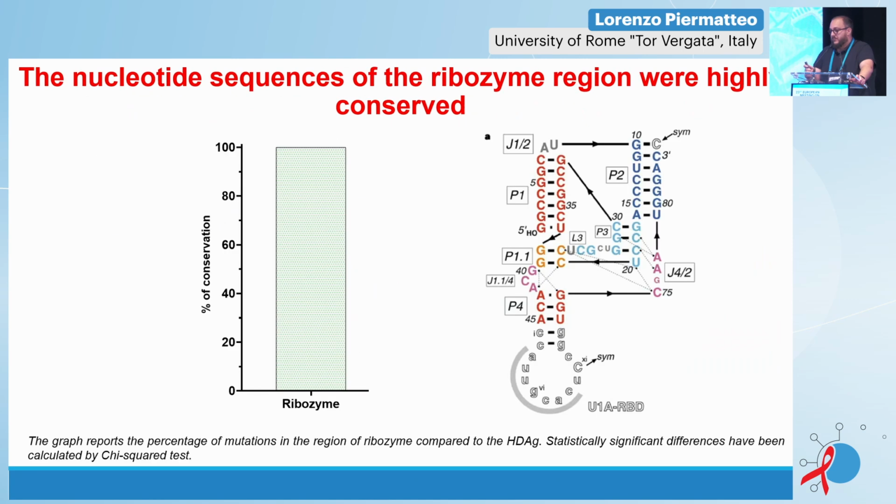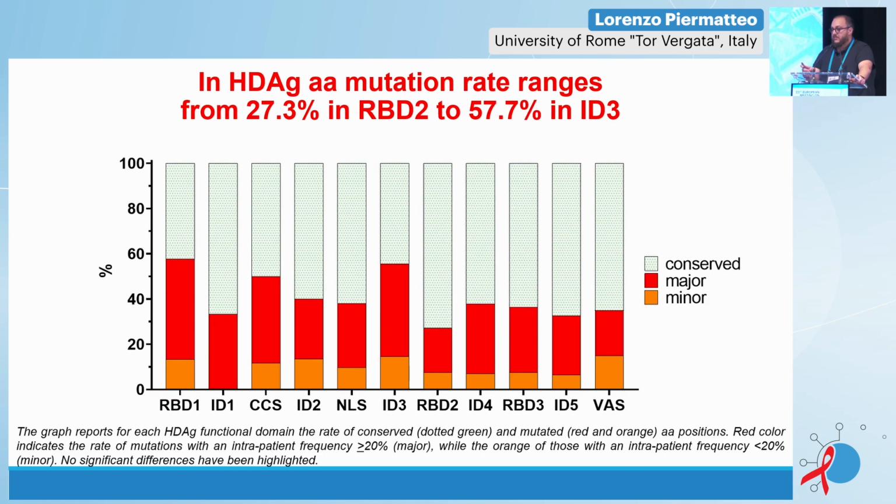By analyzing the nucleotide sequences of the ribozyme region, we observed a very high conservation, in line with the important role of this region for viral replication. So any change in this region can modify the proper folding and in turn the proper activity of the ribozyme. By analyzing the amino acid mutational rate of the delta antigen, we observed a fluctuation in this rate